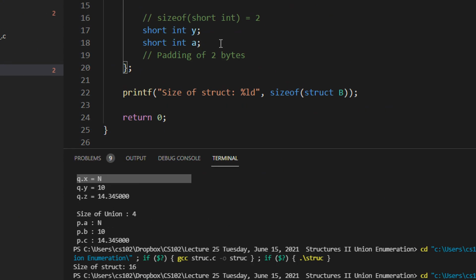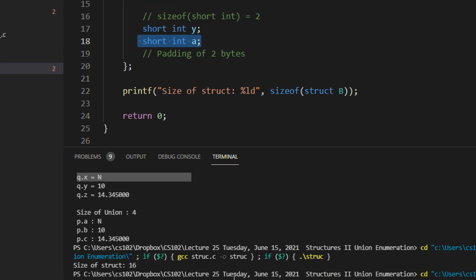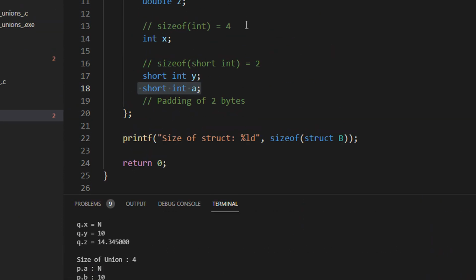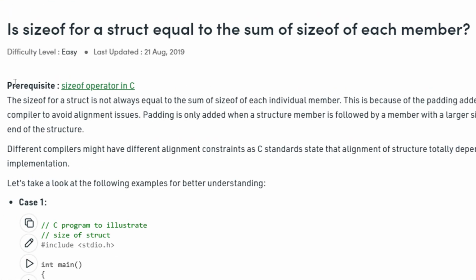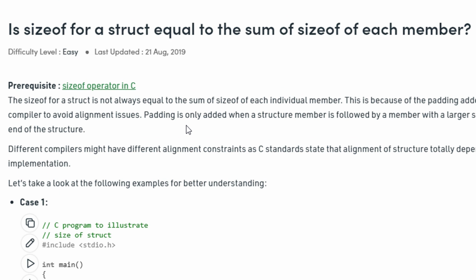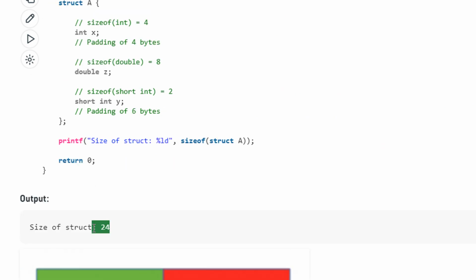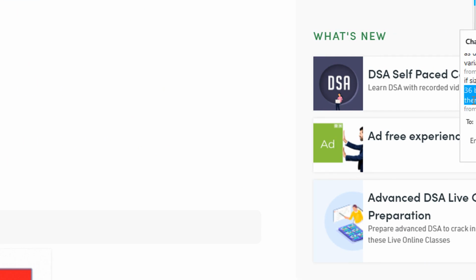See guys, in this case I'm actually adding a short int a, and the size still remains 16 only. So long story short, it is better to store in descending order, right? In this case, this was not a descending order. This was 4, 8 and 2. So you can see your memory was wasted. You actually took 24 bytes for this.